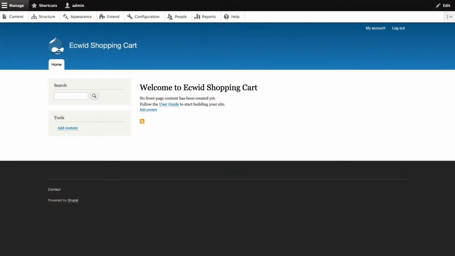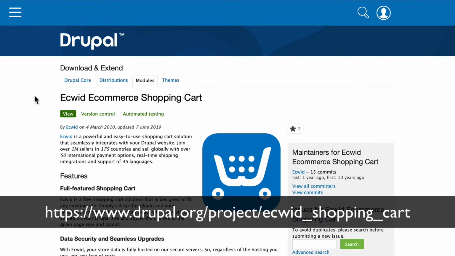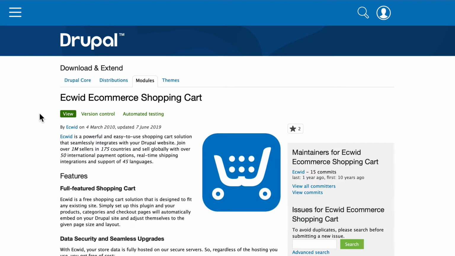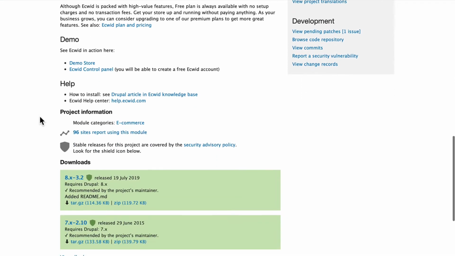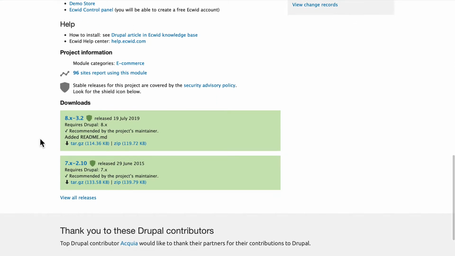In this quick video, I'm going to show you how to connect your Ecwid store with your Drupal website. It's actually really simple. Head over to drupal.org/project/ecwid_shopping_cart, and you'll see the Ecwid E-commerce Shopping cart module that's freely available for your Drupal website. You can read all of the documentation here, but if you scroll down to the very bottom, you can just